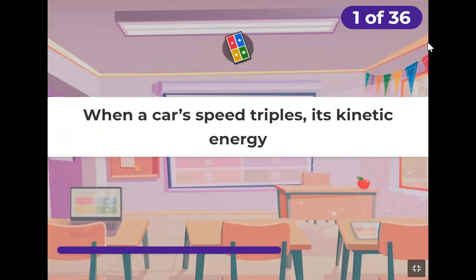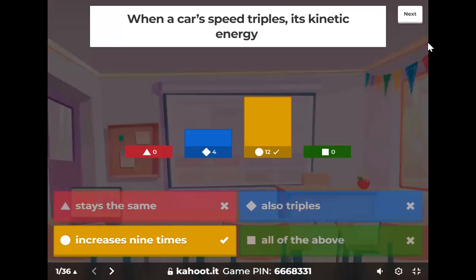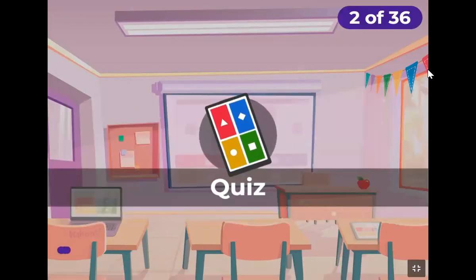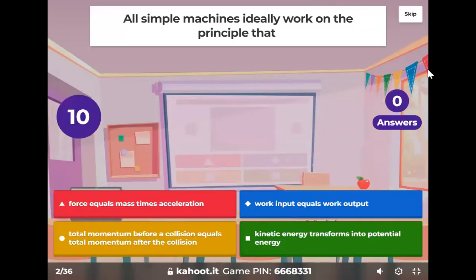When a car's speed triples, its kinetic energy increases 9 times because of 1/2 mv squared. That speed's getting squared, a factor of 3 squared, 9 times. That would, of course, translate to 9 times the braking distance if it stops. All simple machines ideally work on the principle that